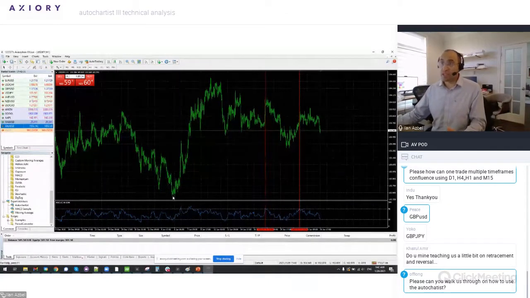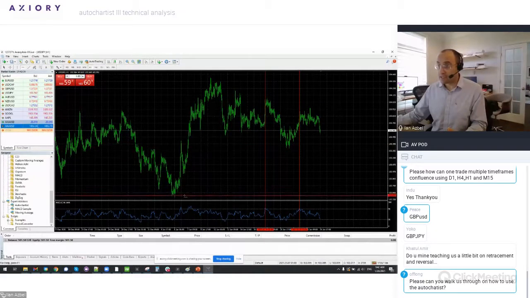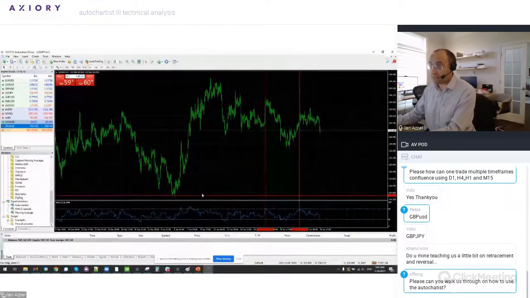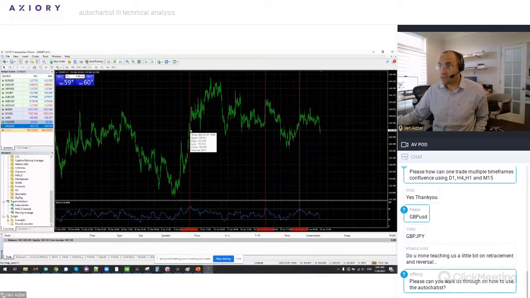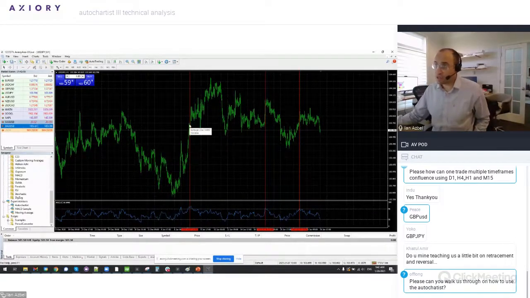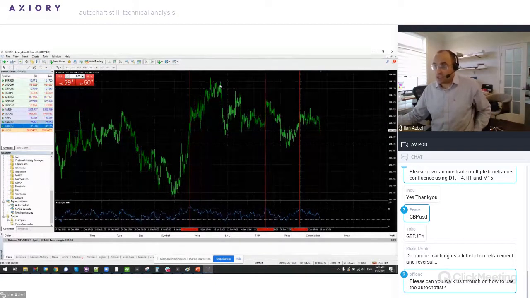I mean, look at this movement over here, from this level up to this level over here. This is an absolutely massive move, and you can see that if you were following the RSI by the book, you would have got here and said sell, and of course you would have hit your stop loss because the price just continued to move up, right? So it doesn't always mean that just because it's gone up too much it's going to come down, but what you have to try to do is try and pick